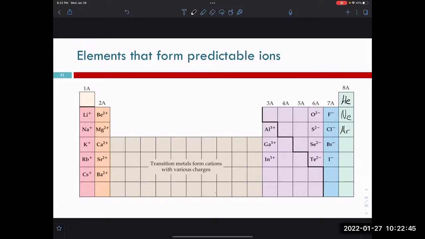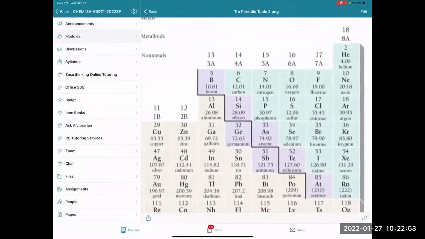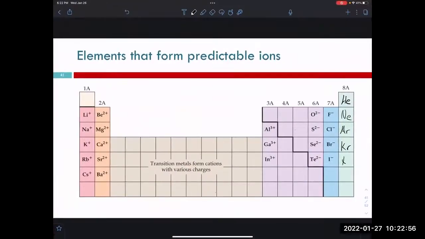Neon, argon. Then I think it's, let's check, krypton and then xenon. So they want to have the same number of electrons as a noble gas. So beryllium, which is 1, 2, 3, 4. So because this is